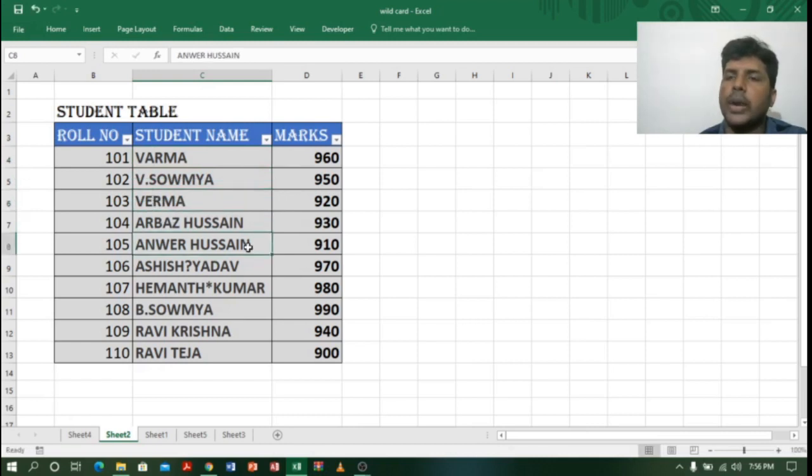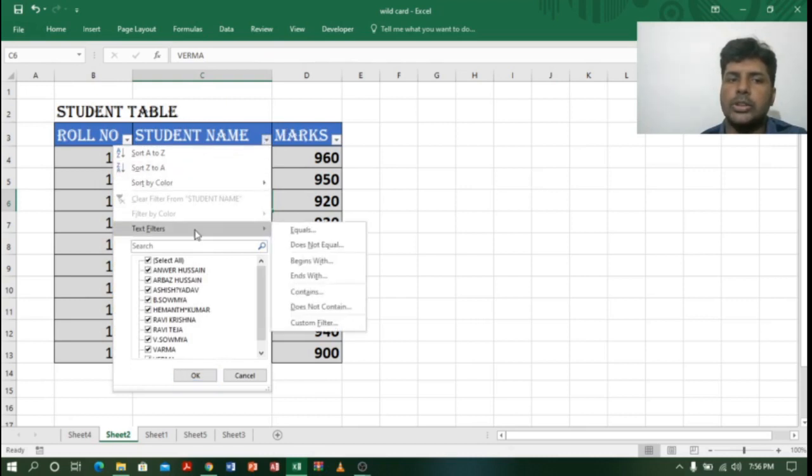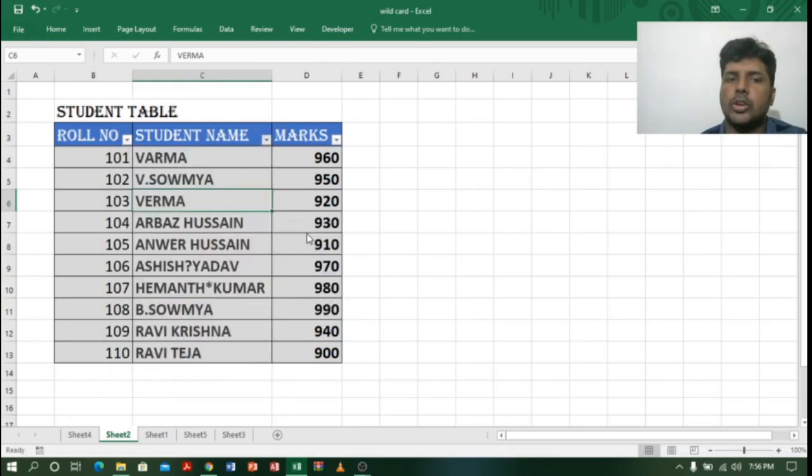So now I want to find the person name with Varma. So what can I do? In place of A or E, I will use question mark. So I can get all the student names who contain the name Varma. So let us see. I'll just go to the filter. In the filter, you can see text filter, equals to. Just click on that.